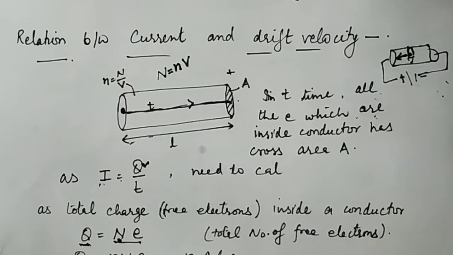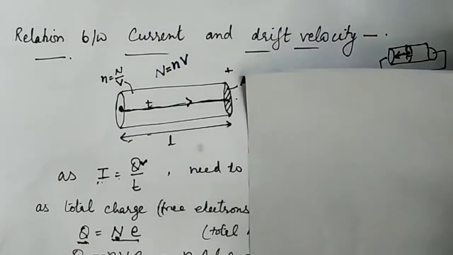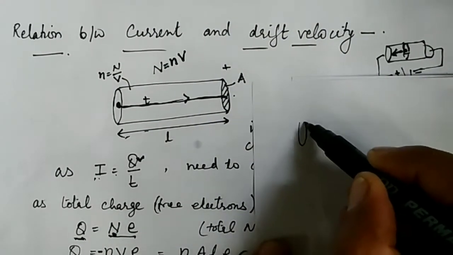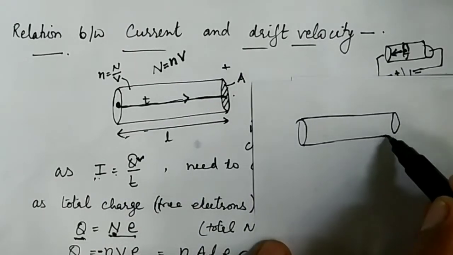In the previous video we discussed the drift velocity. Here we will discuss its relationship with the electric current. So let us first discuss how it is related. For this, I consider this is a conductor, and this conductor is attached with a battery